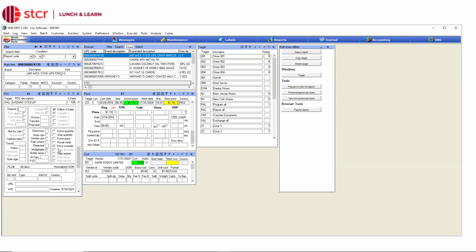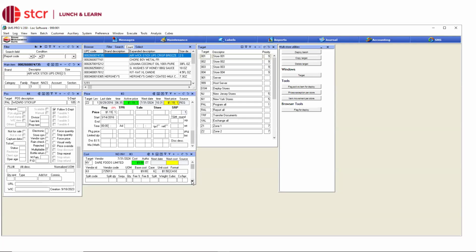If all else fails, if you don't have a specific target by store, if you don't have a specific zone target, it'll always go back to PAL. It's kind of your catch-all. And the way that we do that is that we set priorities, and we would work with you to set the priorities appropriately so that you would know when you're assigning these price targets, these POS targets, or the cost